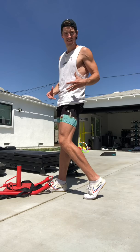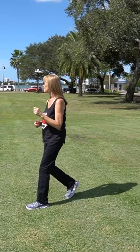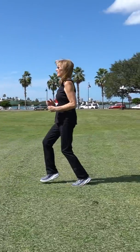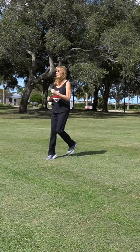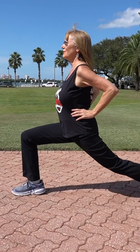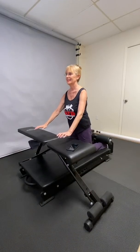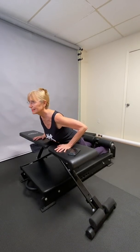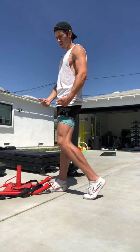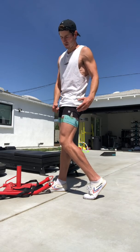Now, of course, all this stuff would be easier to build before all the problems start, before we get old. But my mom didn't start this stuff till her 60s, and she can now run backward like a gazelle. She's been able to do, with this as the foundation, every ingredient thereafter in the ATG system with success and pain-free at her level. And for me, this is the concept that got me out of my chronic nightmare of